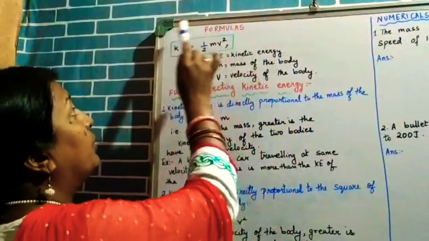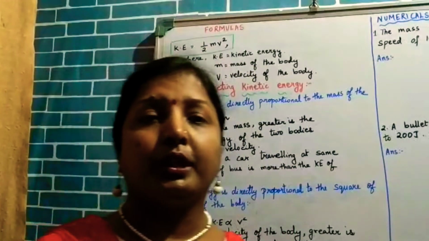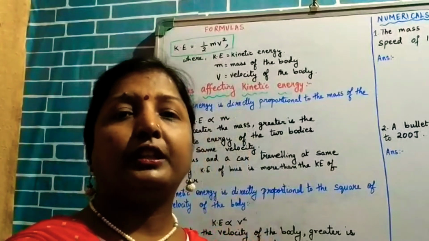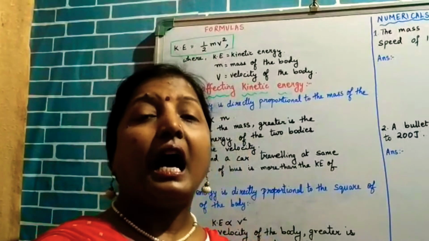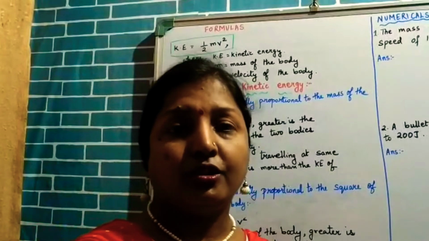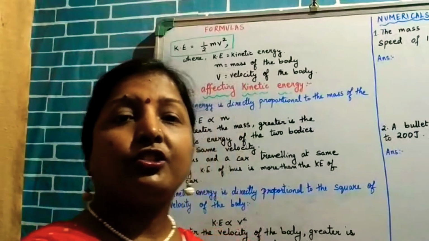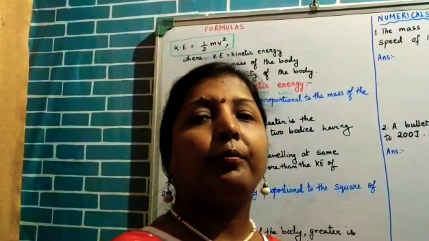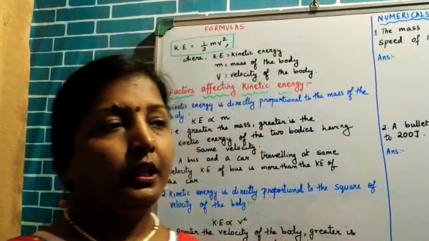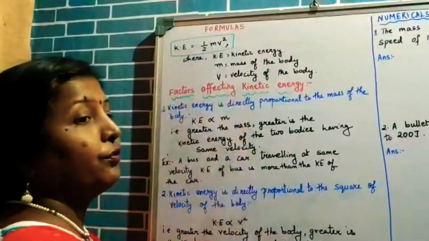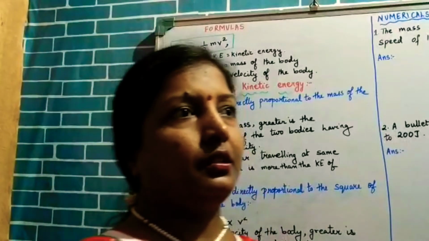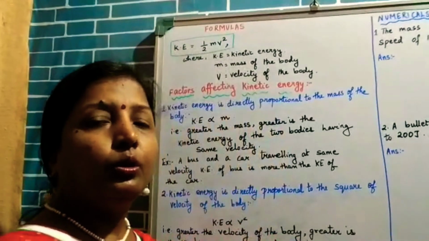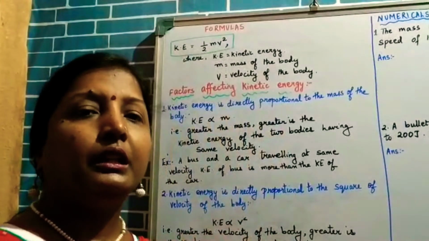So this is the formula using which you will be doing the numericals, and not only that, this formula is also going to give you the factors affecting kinetic energy. That is, how does the kinetic energy change? What brings about the changes in the kinetic energy? How do we know if something is directly proportional or inversely proportional? Now, I'll just give you a small trick about this in case it will make it easier to remember how to know the relationship between the quantities.